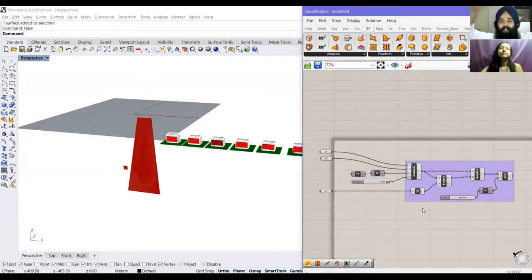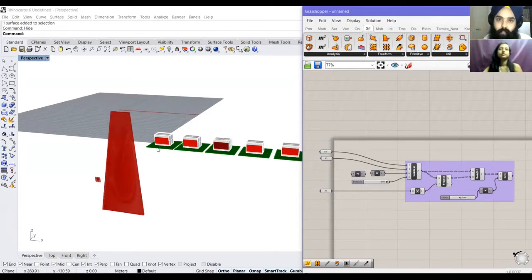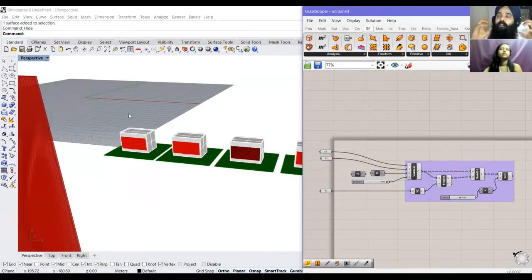Just imagine the kind of versatility, the kind of flexibility, the kind of ease of working, the logical way of working, the kind of accessibility that an architect or a designer has with this parametric tool. It's amazing.